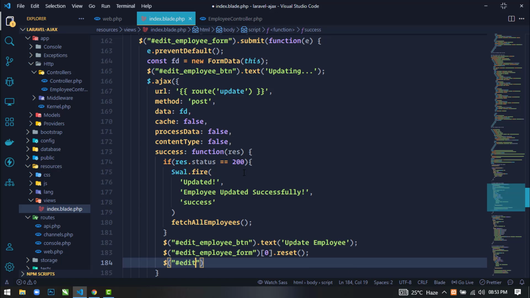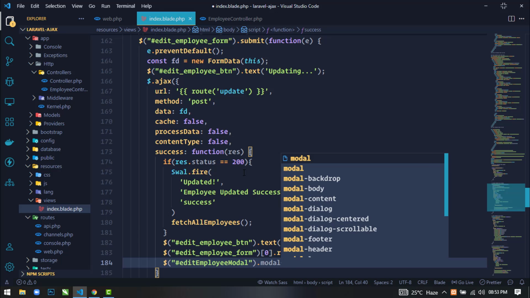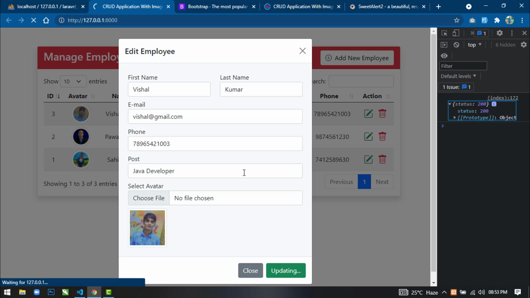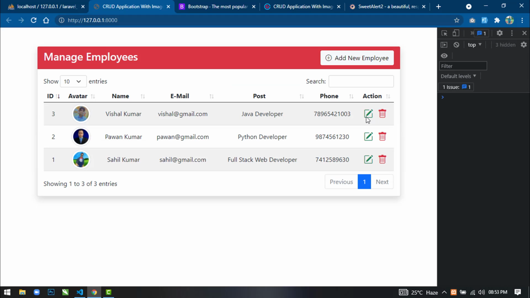Okay, so edit employee modal dot modal hide. Okay, now save this. Now go to the browser, refresh. Now let's